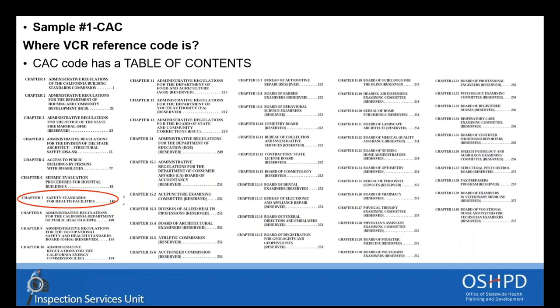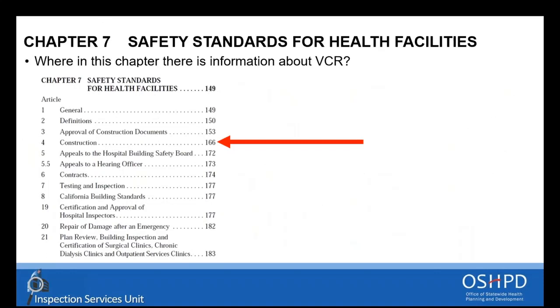Chapter 7 is about health facilities, and this is what the exam is about, right? So by going to chapter 7, what do you see? You will go to chapter 7, and if the slide cooperates, yes. So you have different articles in chapter 7. Now, you know that the question is about the VCR. So where do you think VCR should be included? It is during construction. Therefore, article 4 is the article that you need to take a look at because it's